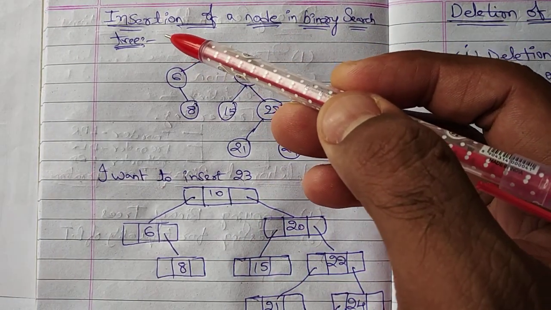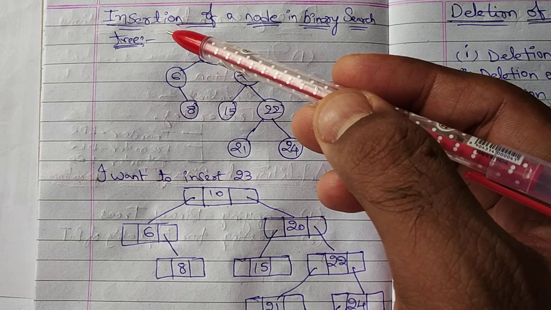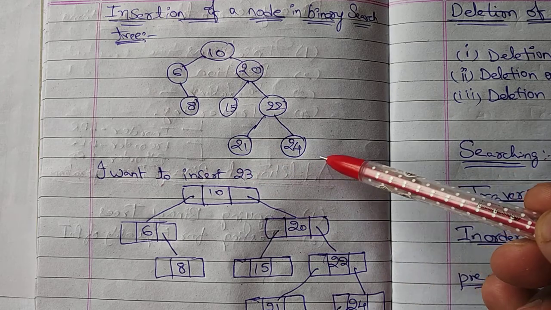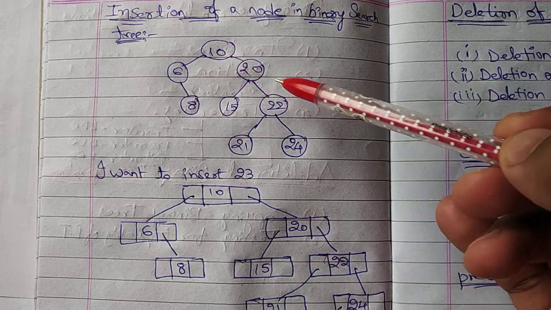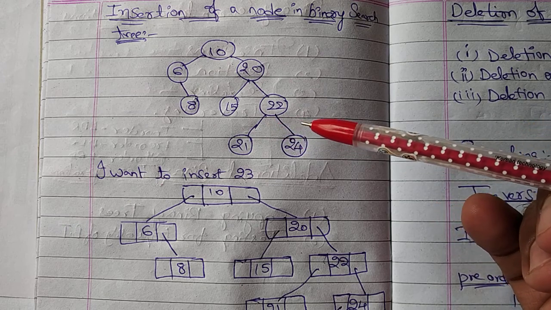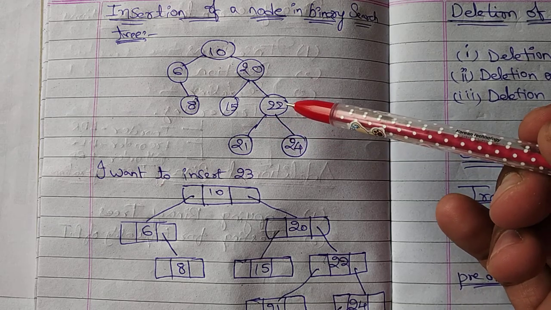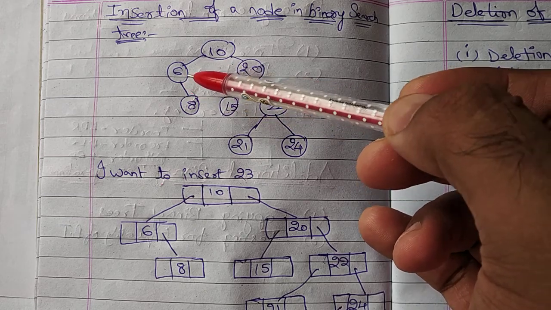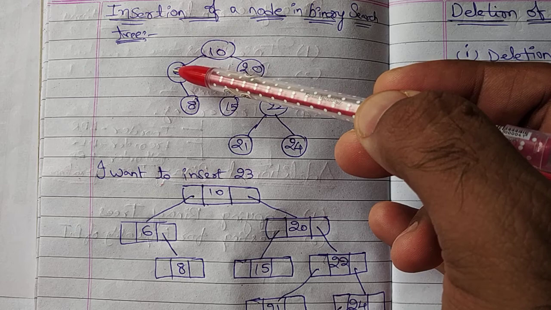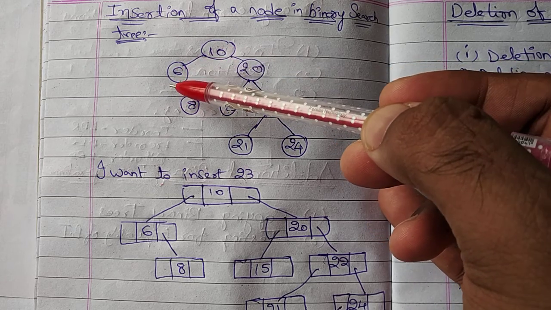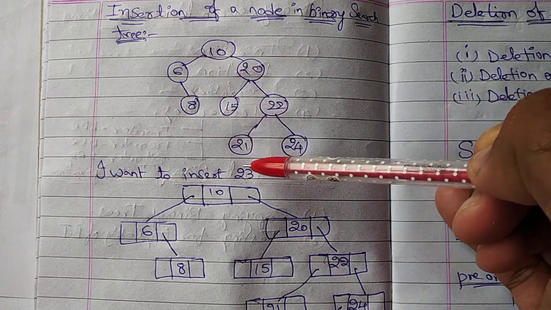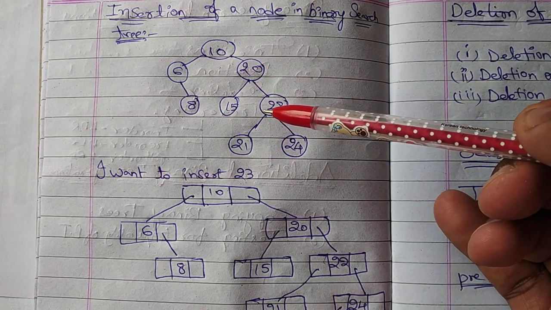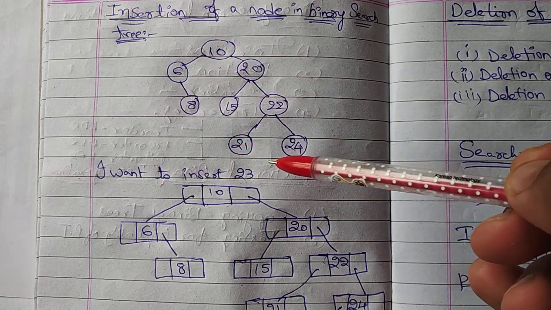So first I would like to explain the insertion operation. See, we have a tree. This is the existing tree. Is it a binary tree or a binary search tree? Easily we can say it is a binary search tree. Why? Because it follows one rule. All the nodes less than the root node are placed in the left subtree. All the nodes greater than the root node are placed in the right subtree. So it follows that condition, and it is called a binary search tree.